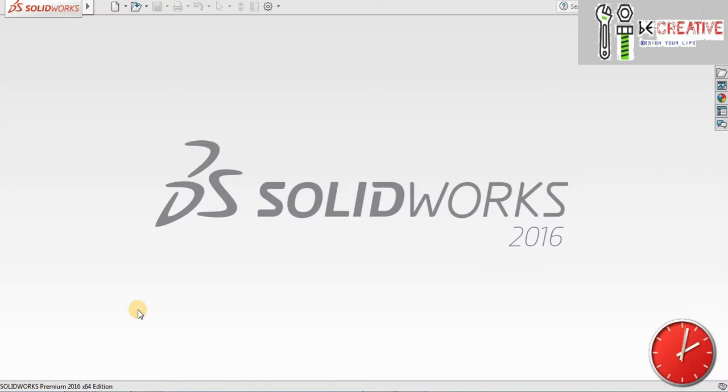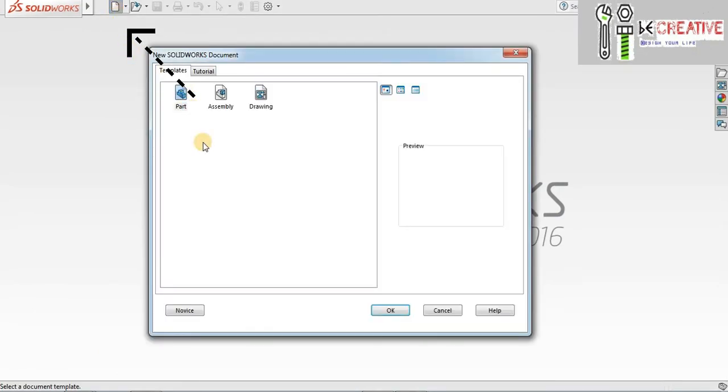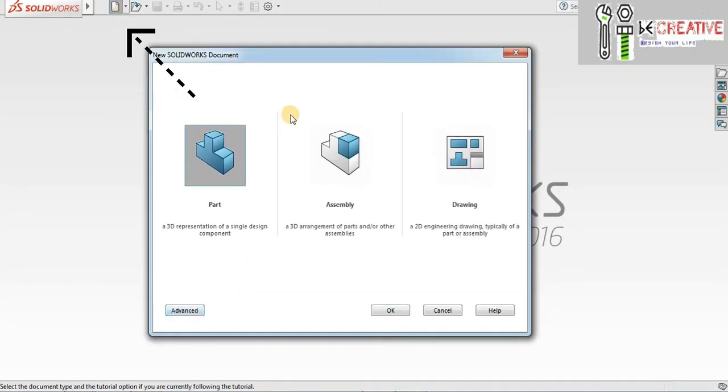In this video, we are going to learn how we can start a new part in SolidWorks. These are the two options that exist in SolidWorks when we launch it. The first option is for a new document. If we select that option, these are the three interfaces that are available in SolidWorks, and the first option